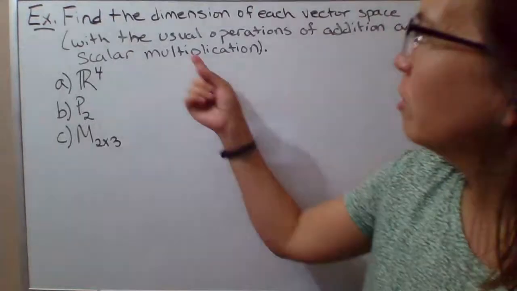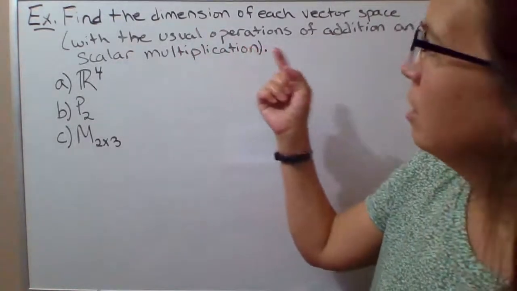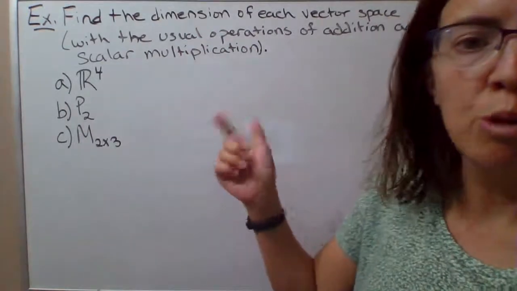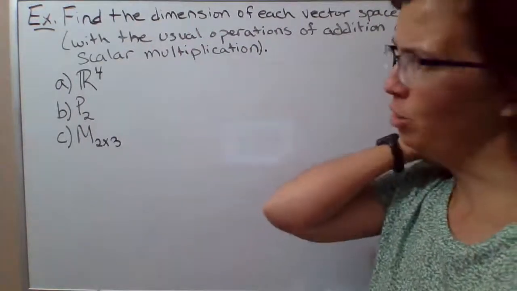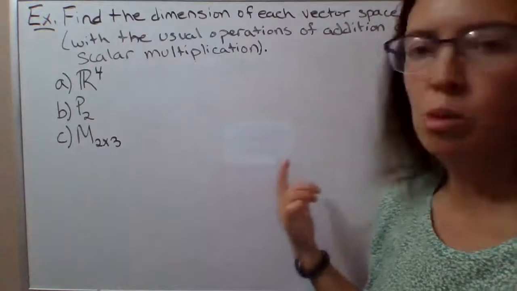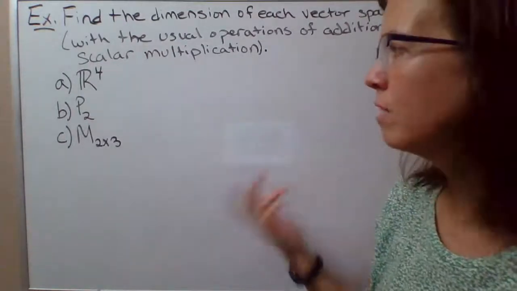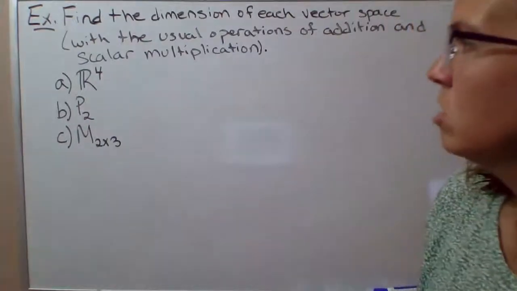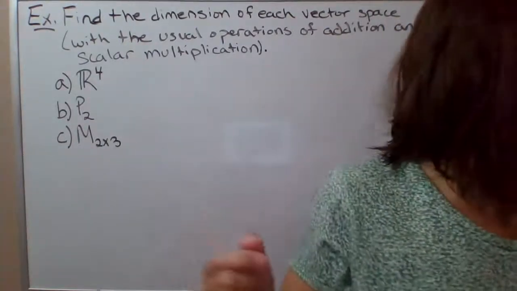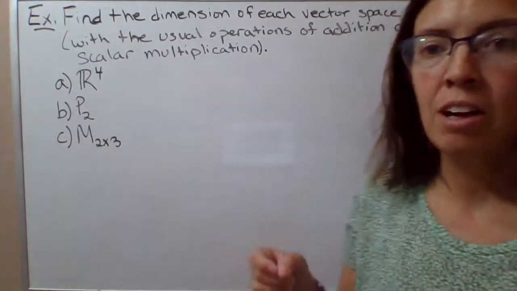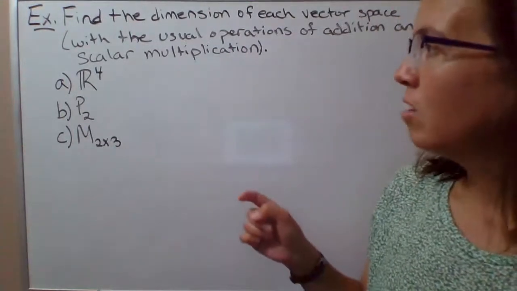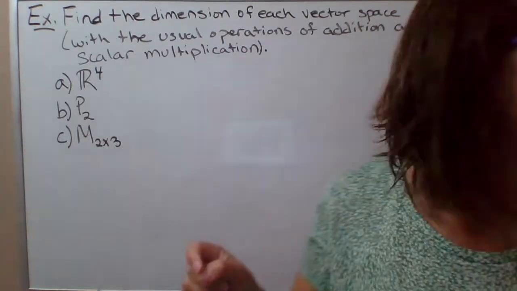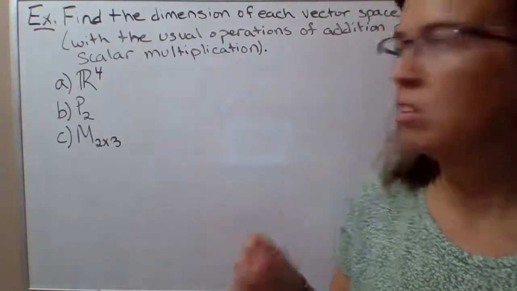In this example, you're asked to find the dimension of each vector space. And this is where we're assuming that we are using the usual operations of addition and scalar multiplication. So we're not going to do any kind of fancy creative definition for either of those operations. So the way you find the dimension of a vector space is find the number of elements in a basis